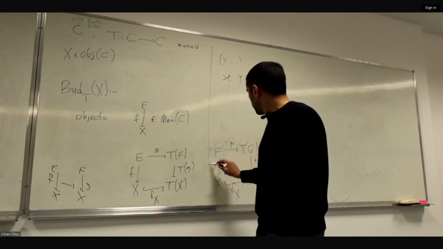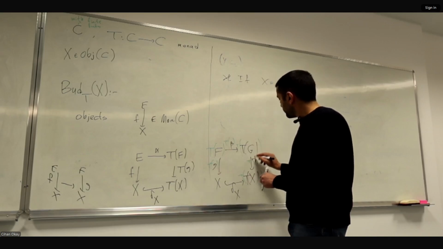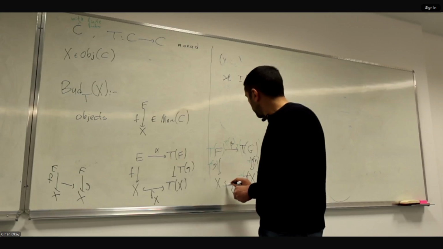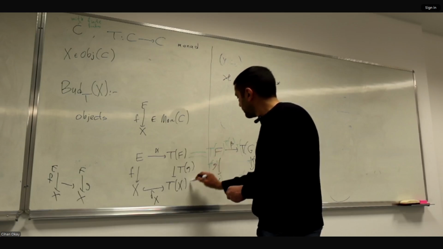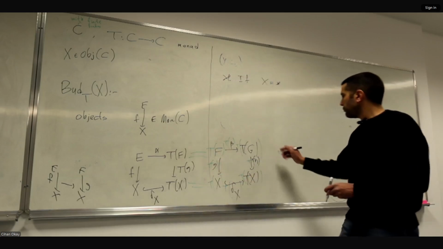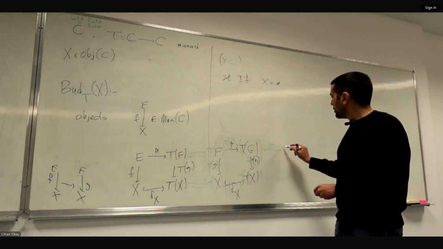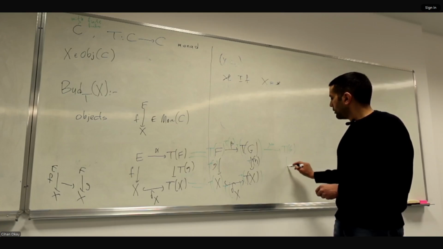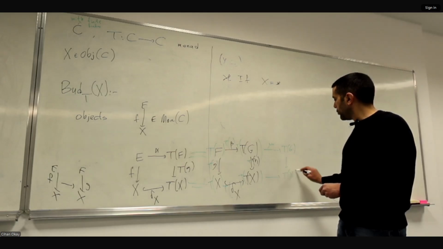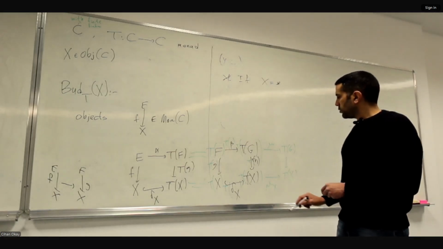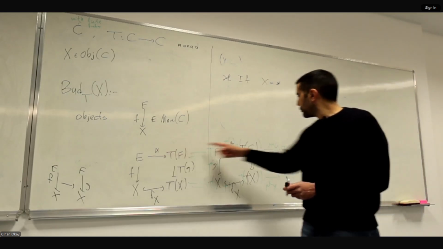T beta, Tg. Here was Th, so it's twice Th. Yeah, and T on this, T on this. So this is the same. And then, of course, we apply mu. And here Tx mu. So this actually, in fact, one can see that this is the Kleisli composition, so this is the map,